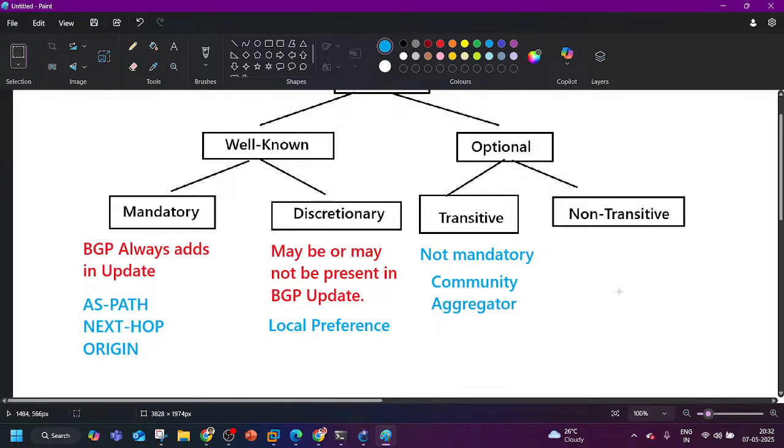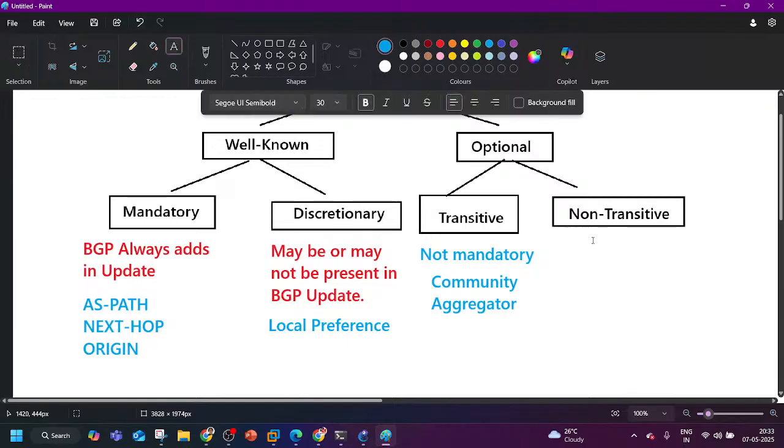The last one is the optional non-transitive attribute. Again, this is not a mandatory attribute, meaning BGP can understand it or maybe it cannot understand it, but here the router will not forward it. If the router does not understand it, then the router will not forward it. An example of an optional non-transitive attribute is your MED. MED is exactly similar to metric,